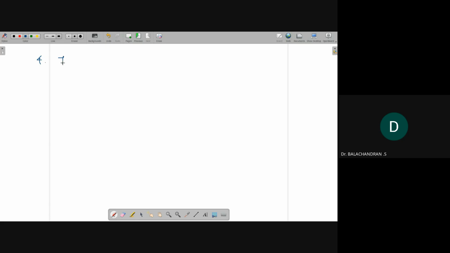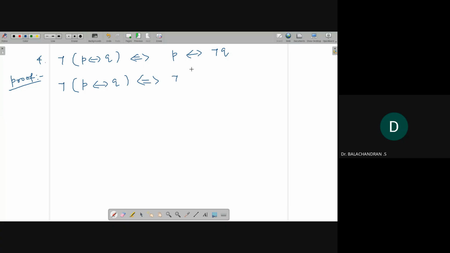The fourth one is negation of P biconditional Q is equivalent to, sorry, actually I want to prove it is equivalent to P biconditional negation Q. So proof. The negation of P biconditional Q is equivalent to,